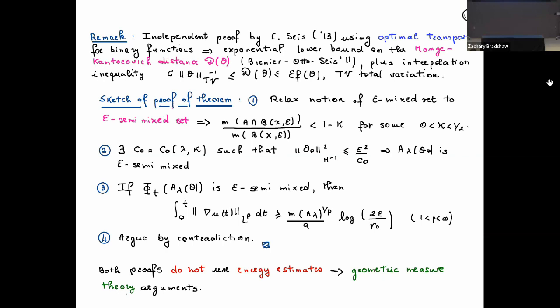But I wanted to put it here to show that this proof is not an energy estimate. While for finite-time perfect mixing, I could simply do a simple energy estimate, Charlie and I tried for years to prove this using energy estimates. We failed, because it's really not a proof by energy estimate. It's really a proof that uses a geometric measure theory argument. And so that tells you that it's a significantly more delicate argument than one would expect.